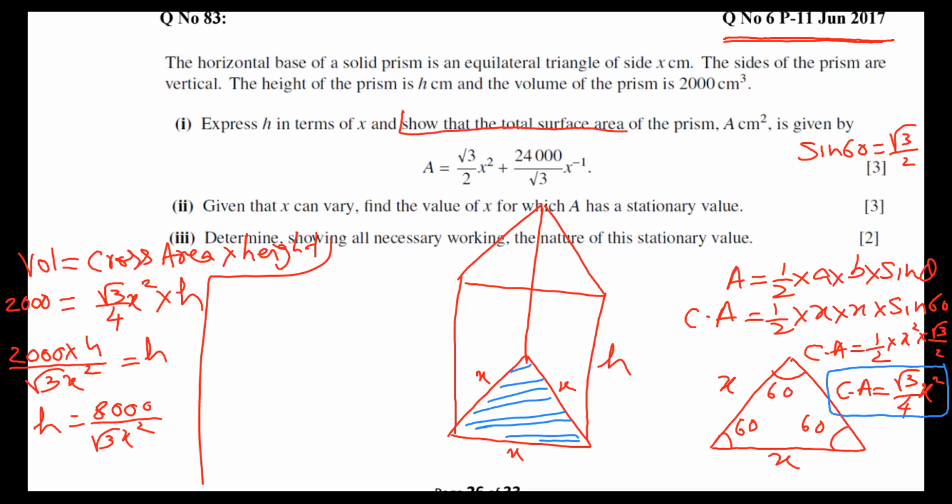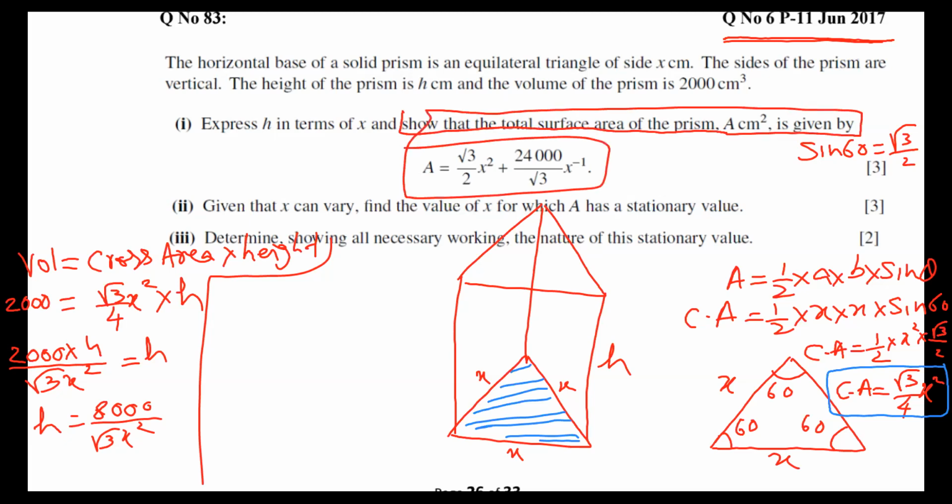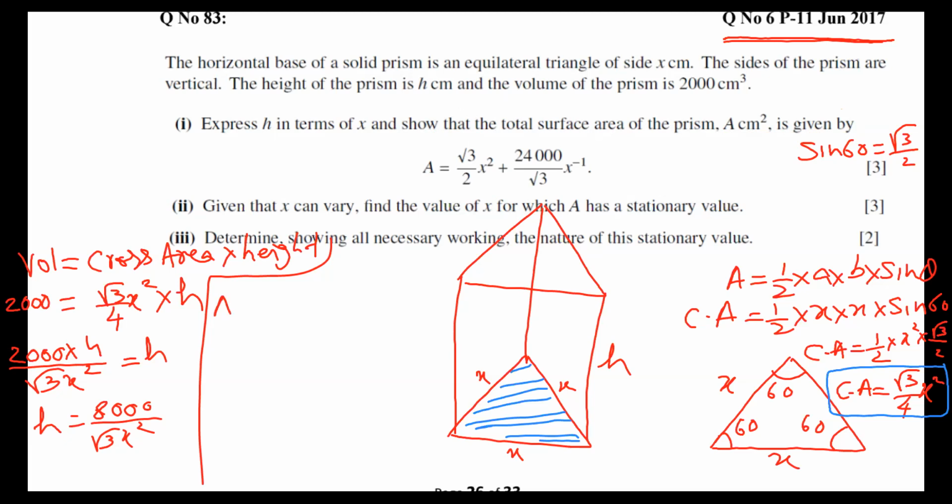Show that the total surface area of the prism, represented by A, is this much. This is my target. How to achieve it? So, area. Now here you are getting an issue, I know. So I will use this one. Okay. Now